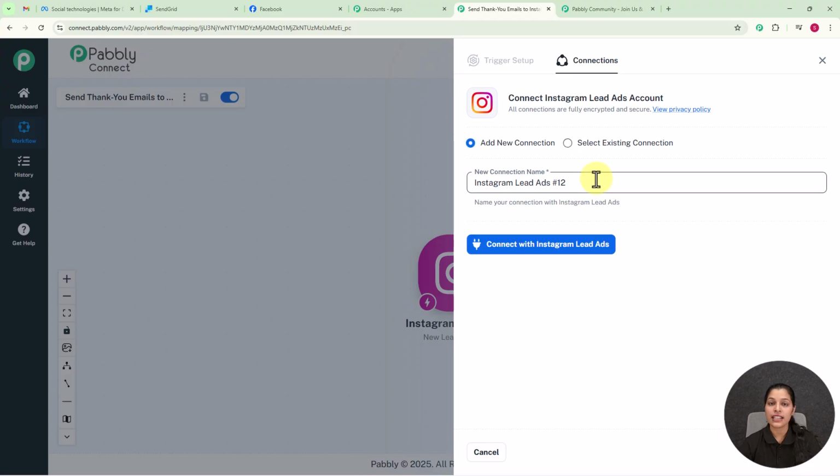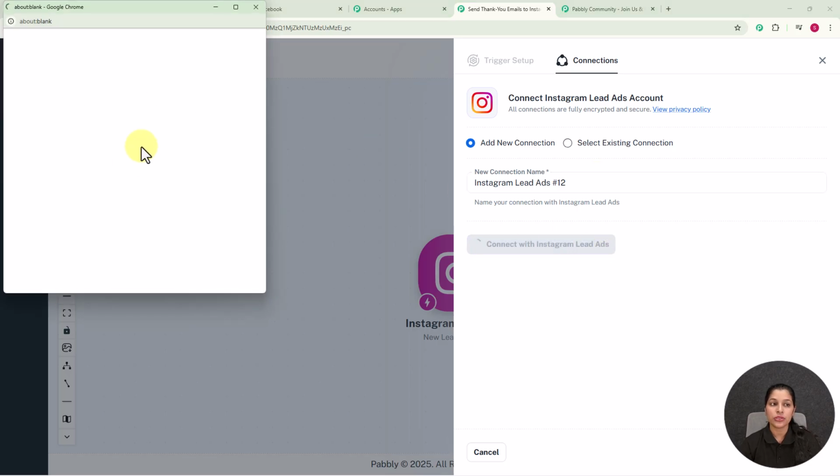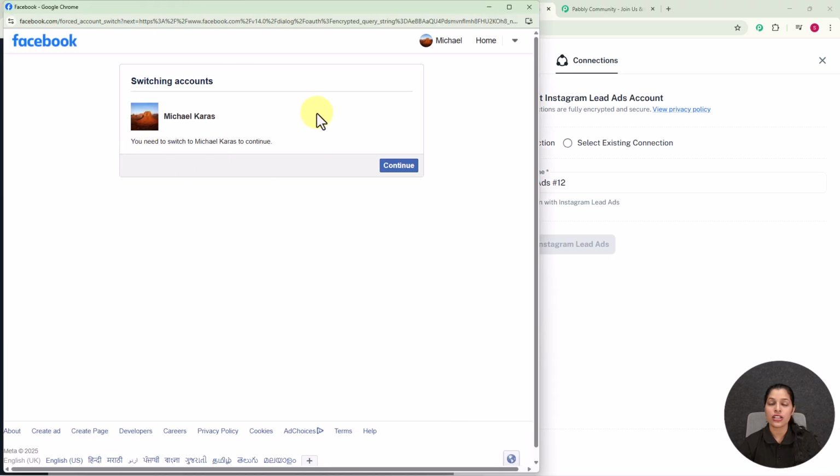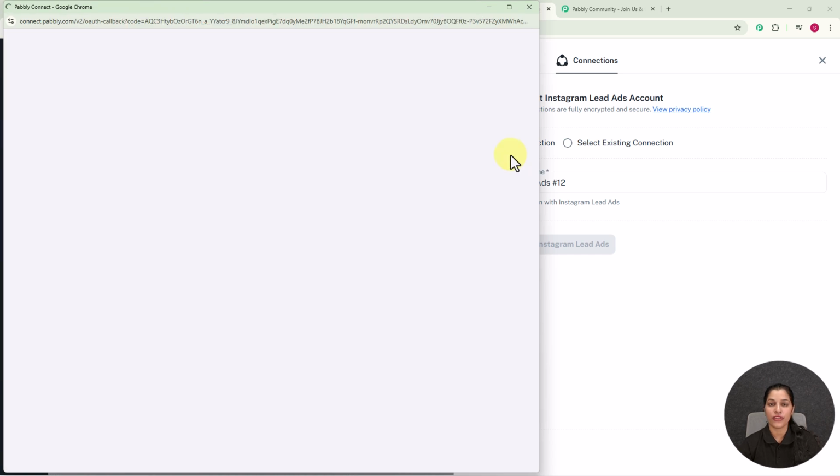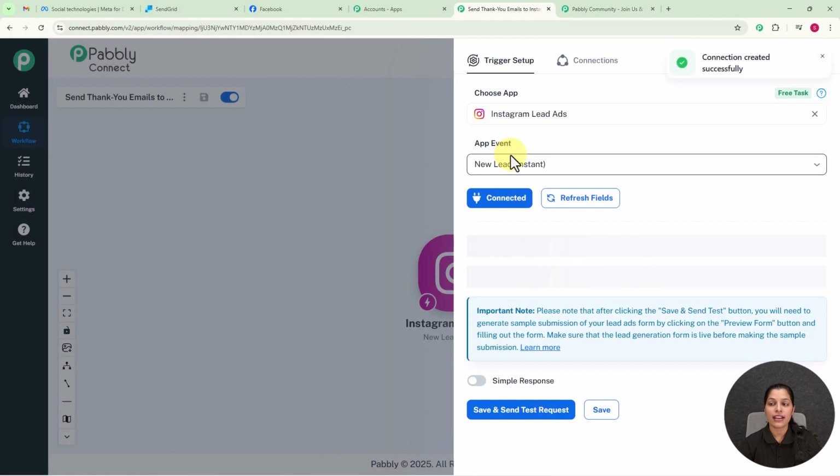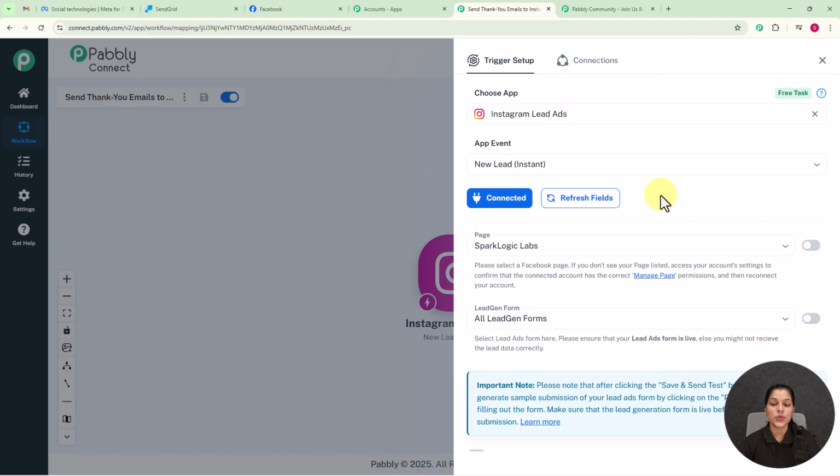And for building the connection you have to remember that your Facebook account which is connected to your Instagram account must be logged in, and here you can see we are getting this button. So now let's click it, and here you can see I'm getting my Facebook account which is connected to my Instagram account. So for that you simply have to click over this continue button by allowing it, and here I have provided access. Now here our connection has been successfully created,